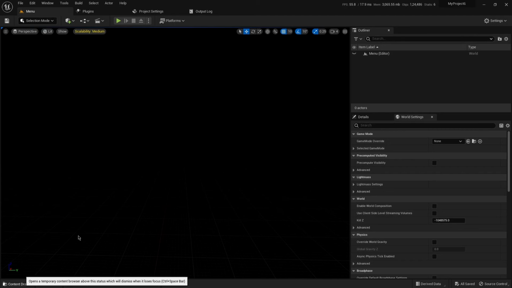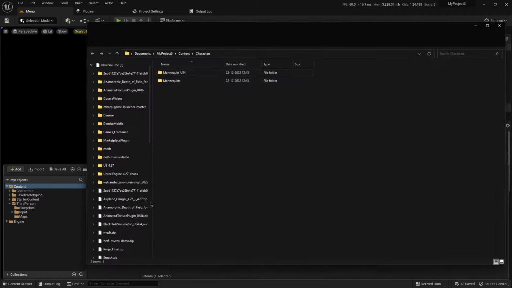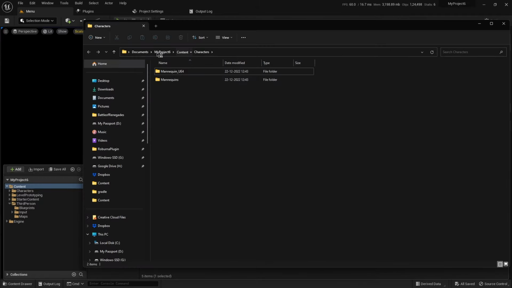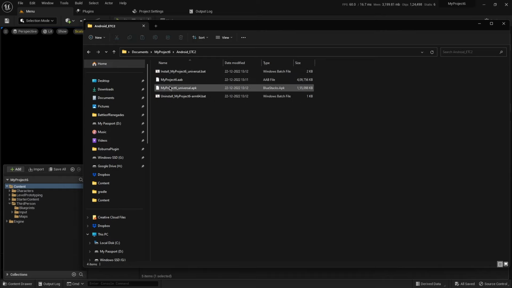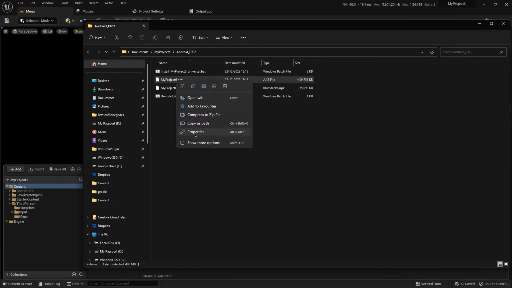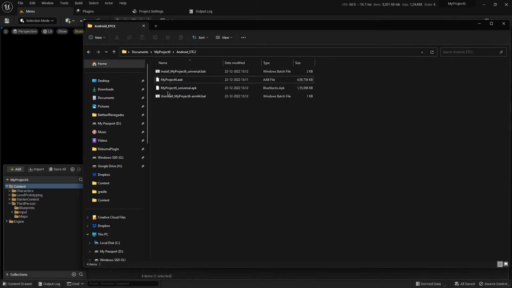So for that, let's go to content drawer, content, right click, show in Explorer, and Android. Now the universal APK is the main thing to note, because this is the one which you install in your app, and if you're planning to publish it on Google Play, then .aab is the most important one. So the current .aab size is 400 MBs, and the